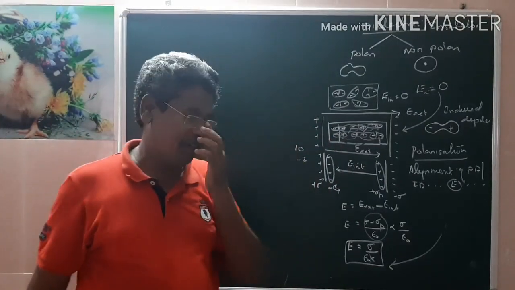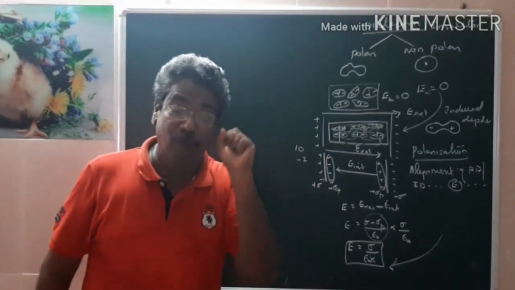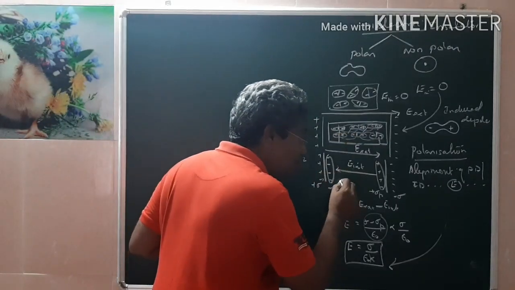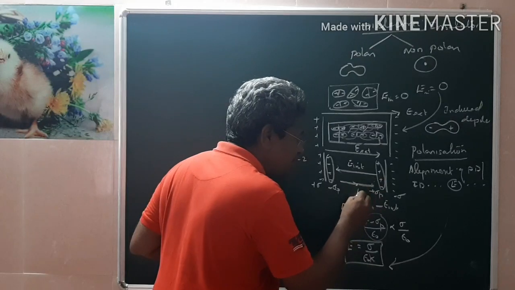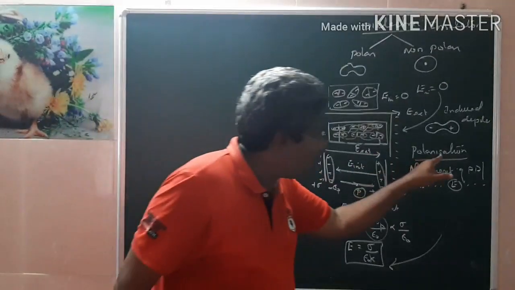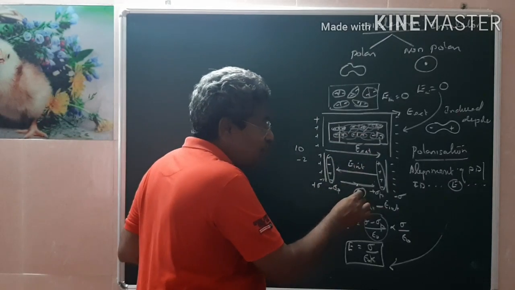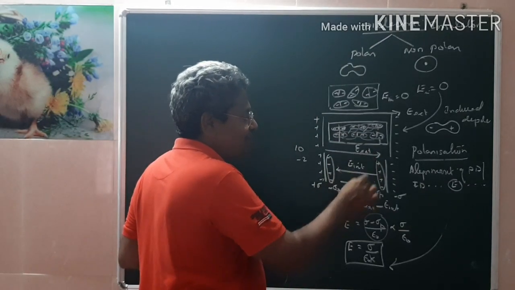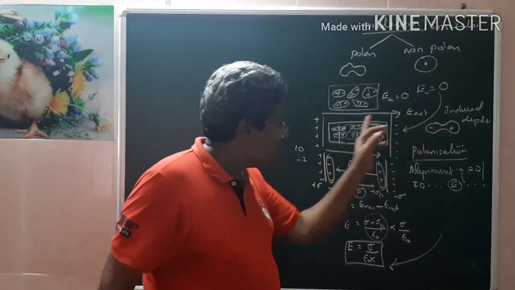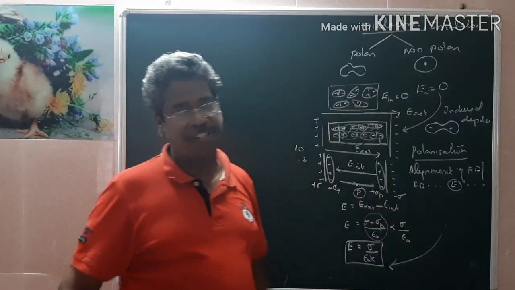Now I should recall one important concept. Electric field always acts from positive to negative, that we know. But the dipole moment, with negative and positive charges, always acts from minus to plus. This dipole moment strength is called polarization. Therefore, once I define polarization, due to the alignment of the dipoles, this dipole moment will be in the same direction as the external field. Polarization is nothing but the alignment of permanent or induced dipoles in the direction of the electric field. That means the dipole moment and the electric field will be in the same direction.